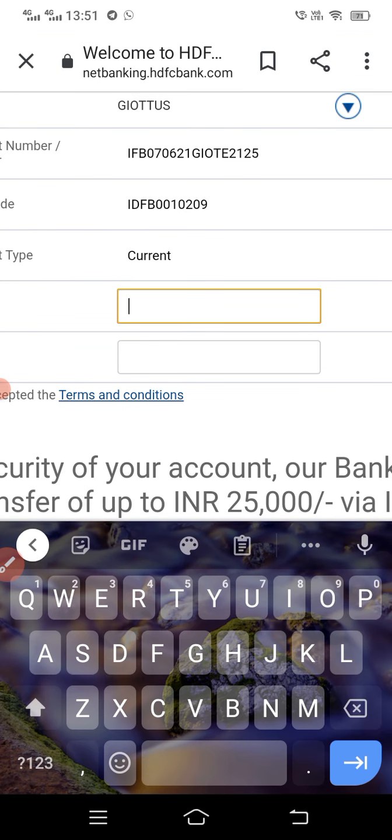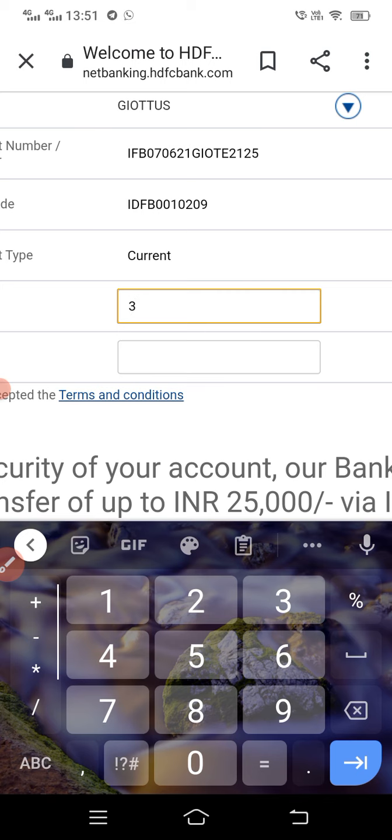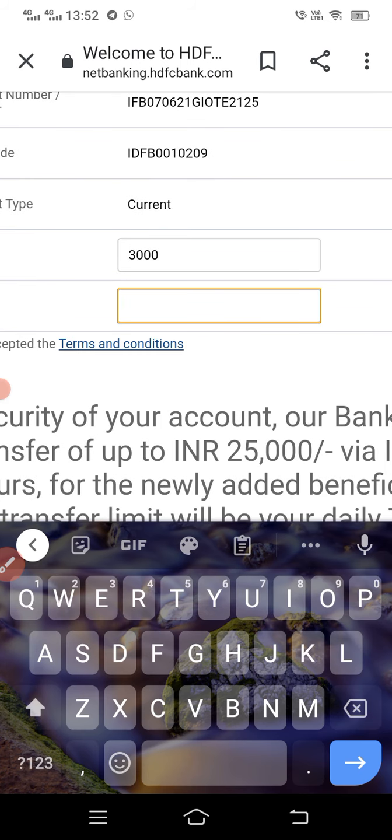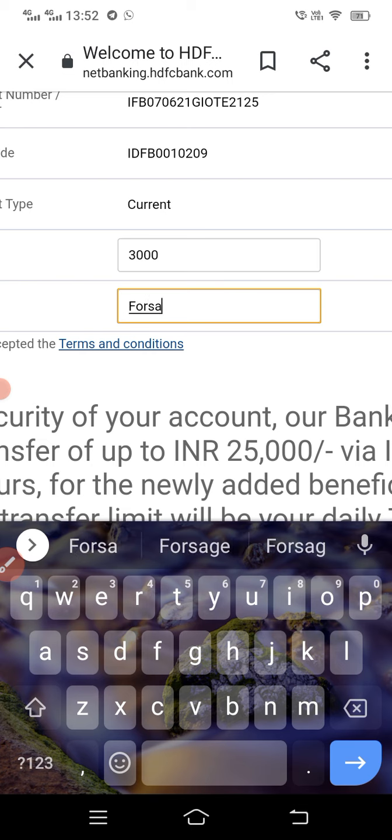The amount I'm entering is 3,000. For the remark, what I'm using it for: Forsage BUSD. BUSD means Binance USD. Forsage.io I'm using it for.